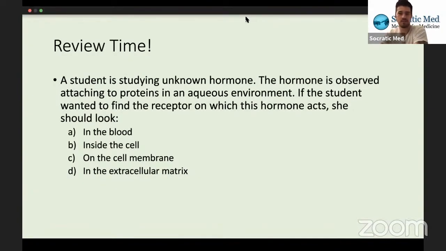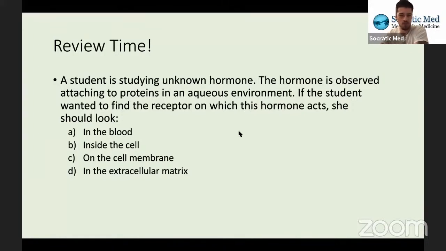100% of you said C. The answer that I had was B. So let's go over it. A student is studying an unknown hormone. The hormone is observed attaching to proteins in an aqueous environment. If the student wanted to find the receptor on which this hormone acts, she should look